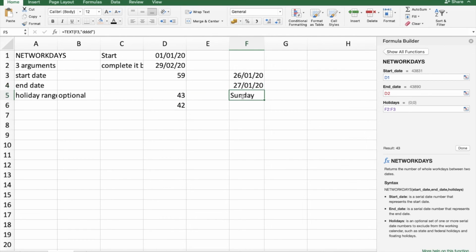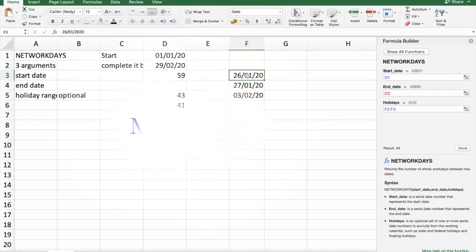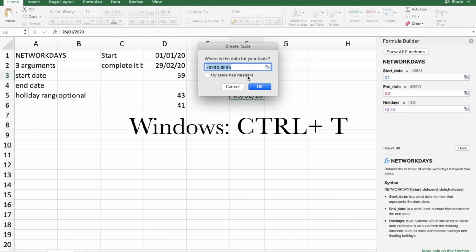Let's say I have more holidays: 3rd of February 2020. Now it's 41 days. You can also, if you don't want to drag it, just press Command T on a MacBook